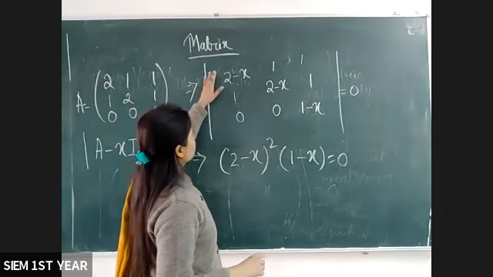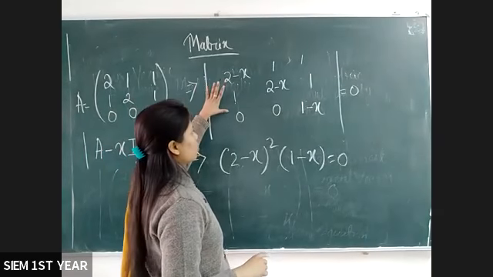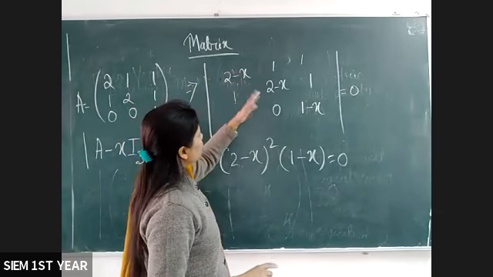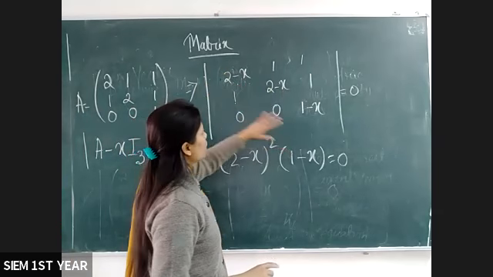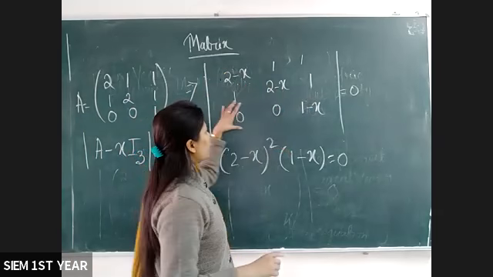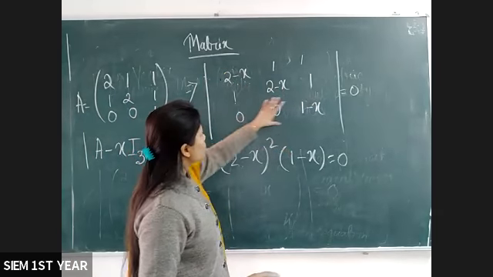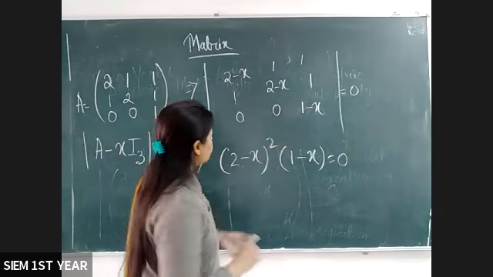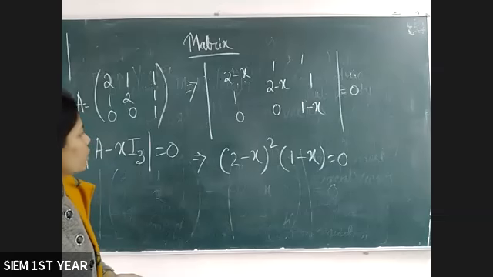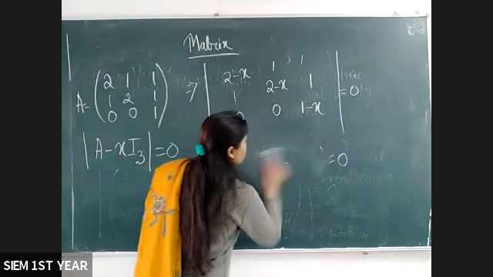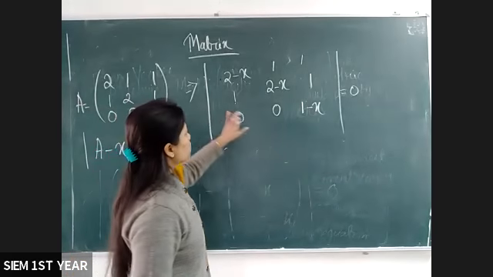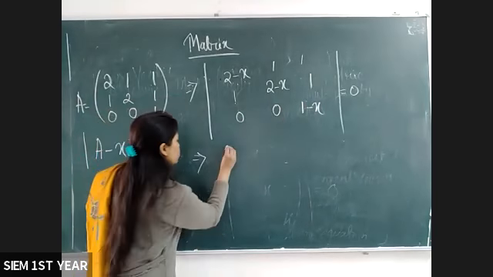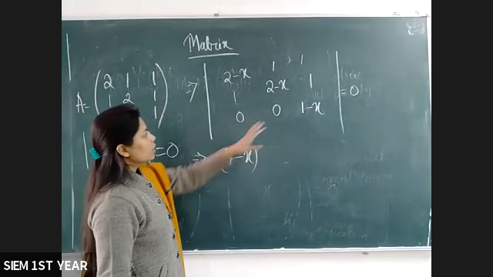Since you have to consider any column or any row from this, you have totally 3 rows. You can consider any one row or any one column. But in the third row, since two elements are 0, we are considering this last row. You have to compute the value of this determinant with respect to this third row. So what will be the answer? First row portion, we don't have to consider, we only have to consider this last portion. So 1 minus x into its cofactor.